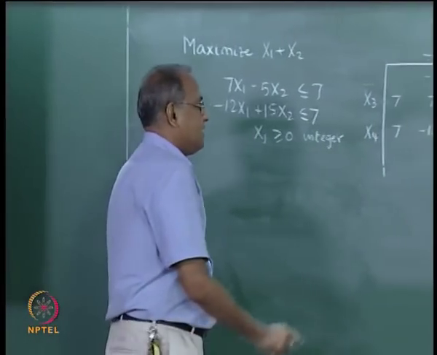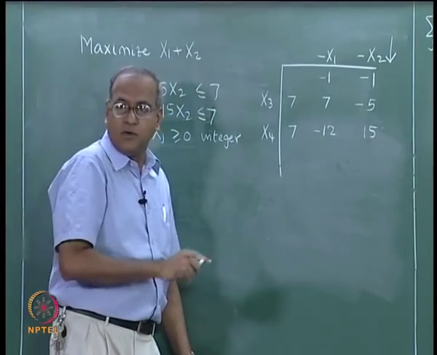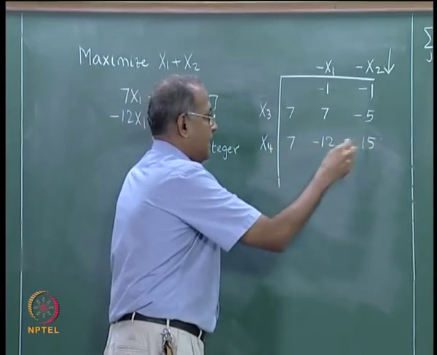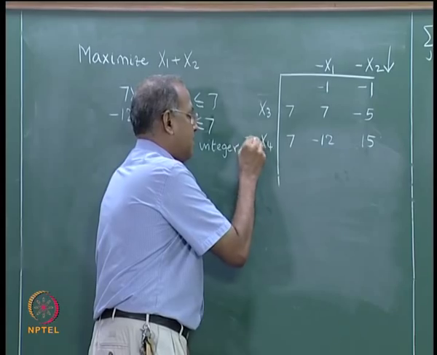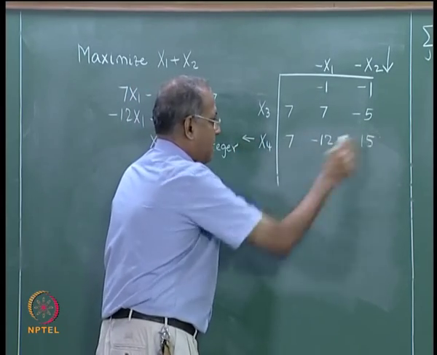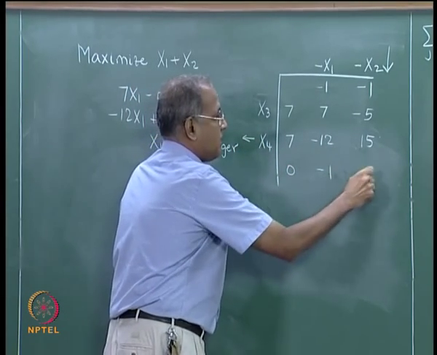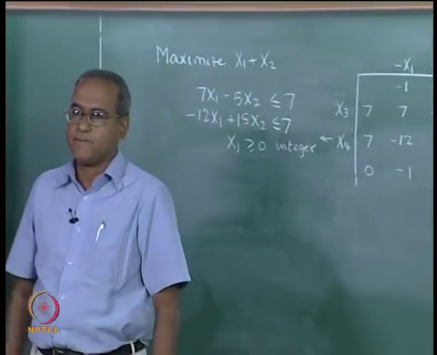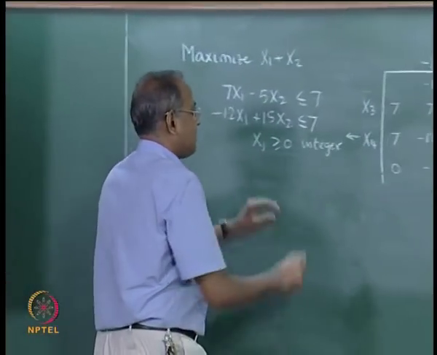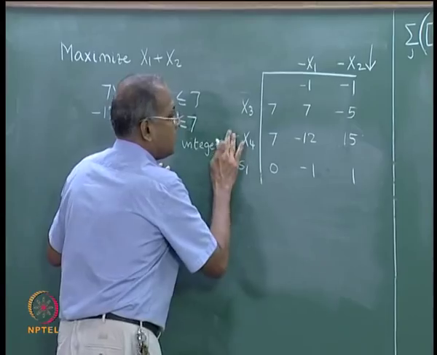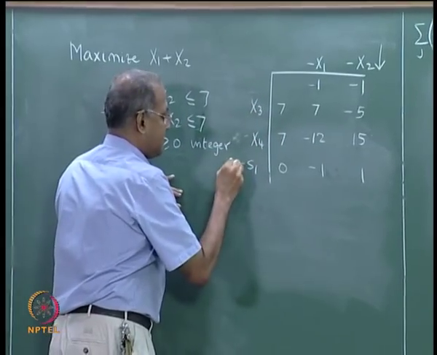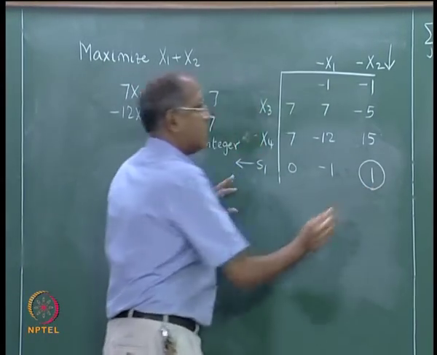So in this case h is equal to 1 by 15. Use h equal to 1 by 15 times this pivot or source row to get 7 by 15 is 0, minus 1, plus 1. This is your slack variable S1. Now actually this is the entering variable, this is the leaving variable, this is your pivot.